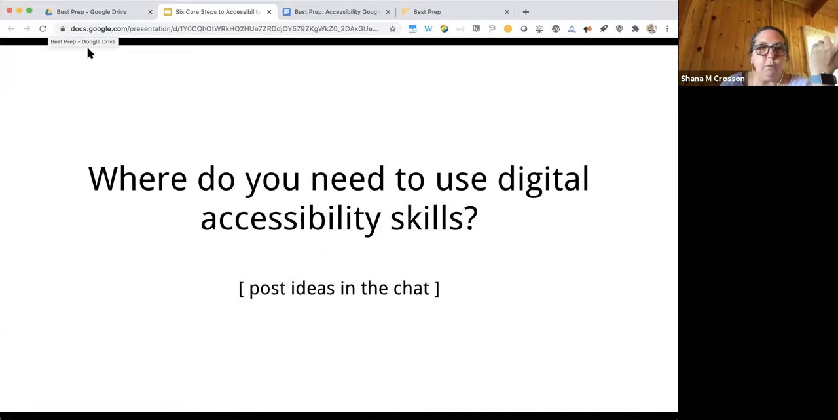Many of you use some sort of a learning management system, if you're using Schoology or Canvas. Where else do you think you might be using digital accessibility skills? How many of you use Google Docs with your students? Building Google Docs for students is a place where you can use digital accessibility skills. How many of you might send an email home to parents? That's another place where you'll use digital